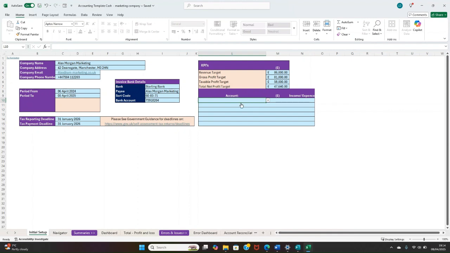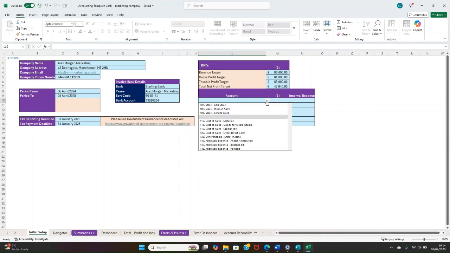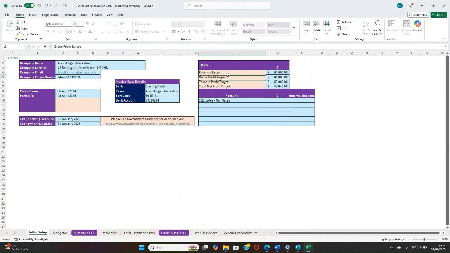And not only that, but we can do goals for specific accounts. So out of the revenue, we might want to see that we get the majority of our profit from the general sales. It's also important to note that on column N here, you want to put whether it's an income or an expense. Just lets the system know